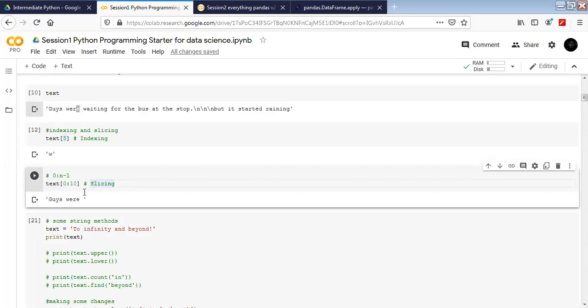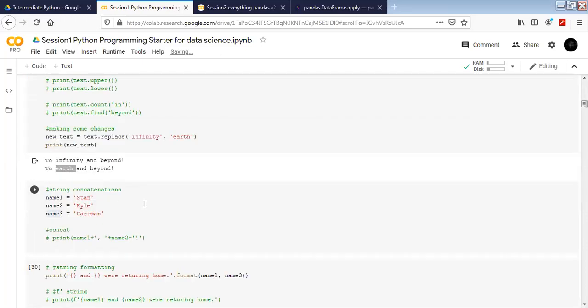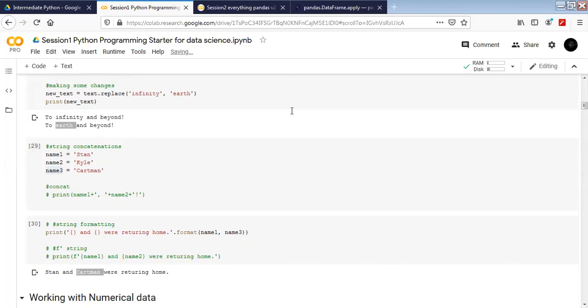In the slicing part, there is counting. It starts from the number we have given first, and the ending position is going to be n-1, so whatever position we have given here, it's going to stop one before this. Hopefully this part is clear.